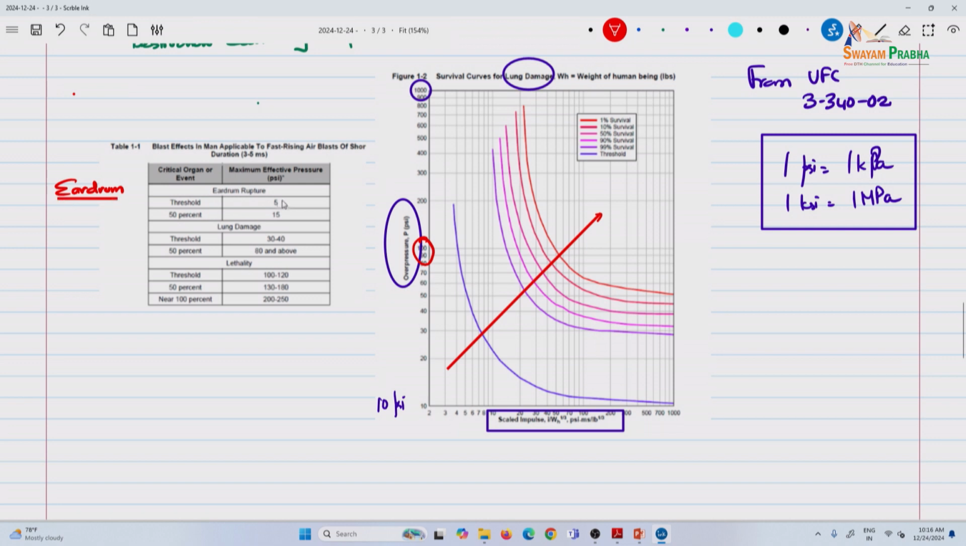Threshold, this is in humans for air blast of short durations. Notice this is 3 to 5 milliseconds. Pressures can also last up to 20, 30, 40 milliseconds. That is where the impulse comes in. Even if the pressure is exponentially decaying, if you apply it over 20 milliseconds, then these tables are